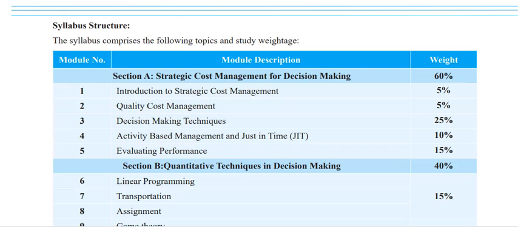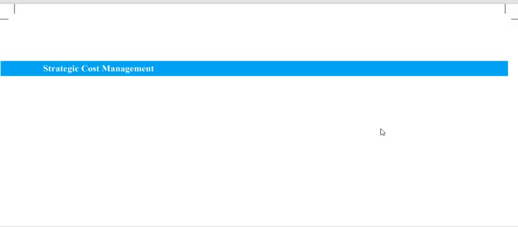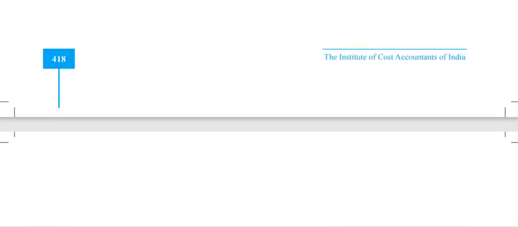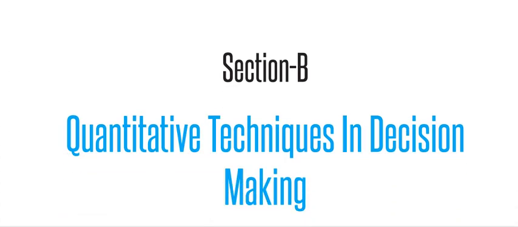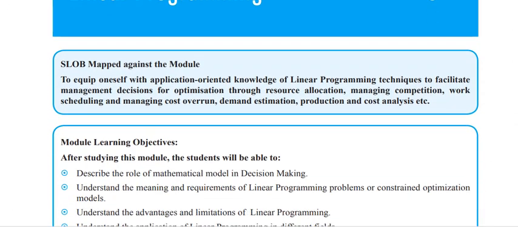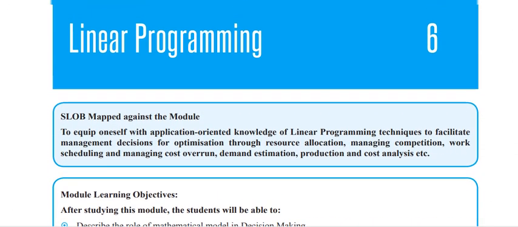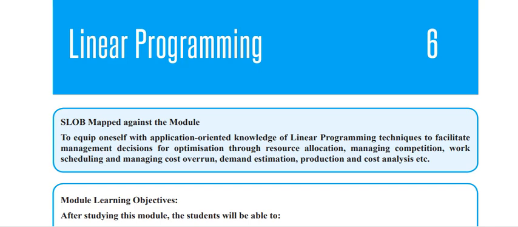So we will first try to cover the second part, which is quantitative techniques, section B. We are on section B, quantitative technique in decision making. Let's move on. So the first topic is linear programming. In the earlier syllabus also we learned linear programming, but in the previous syllabus the linear programming was limited to